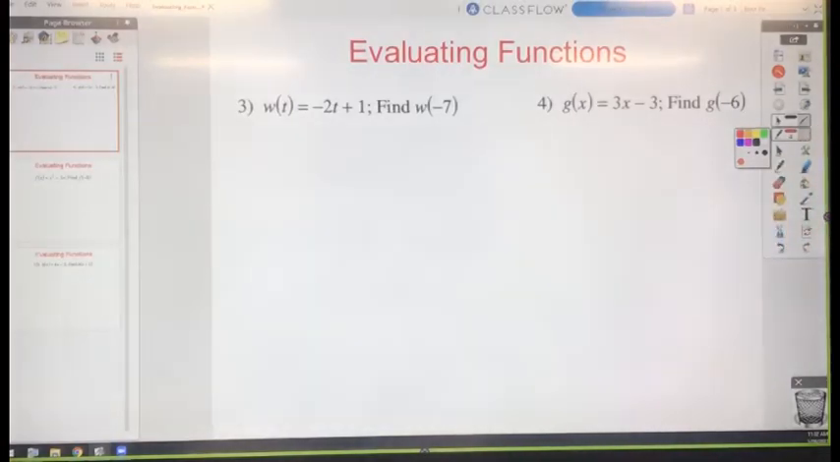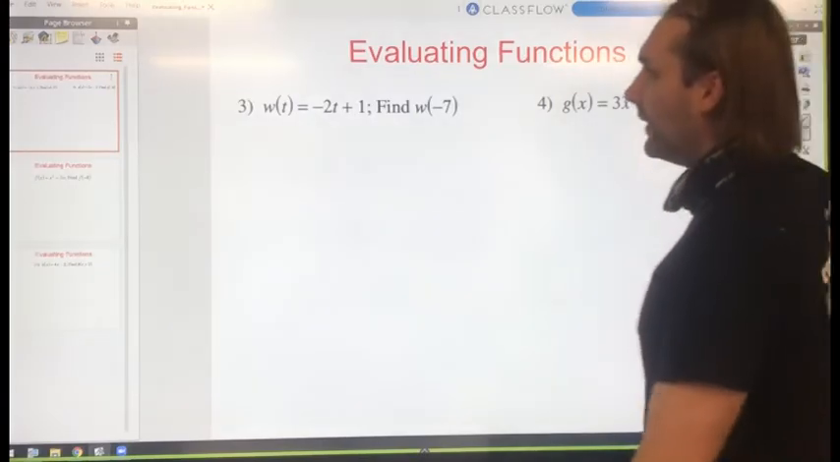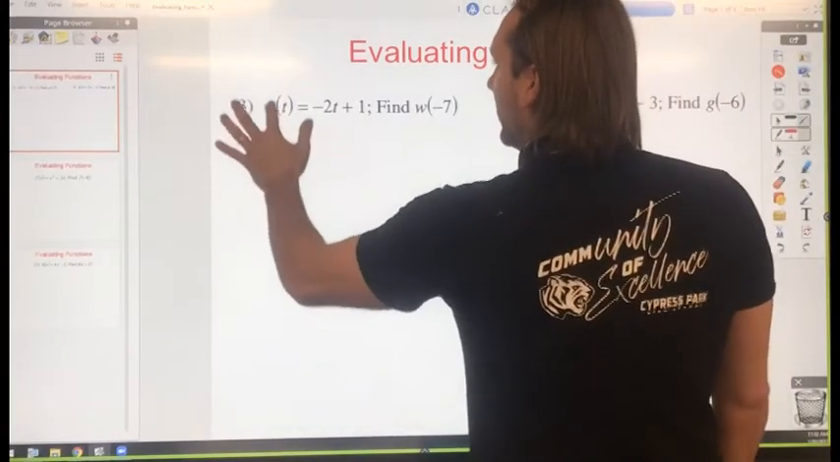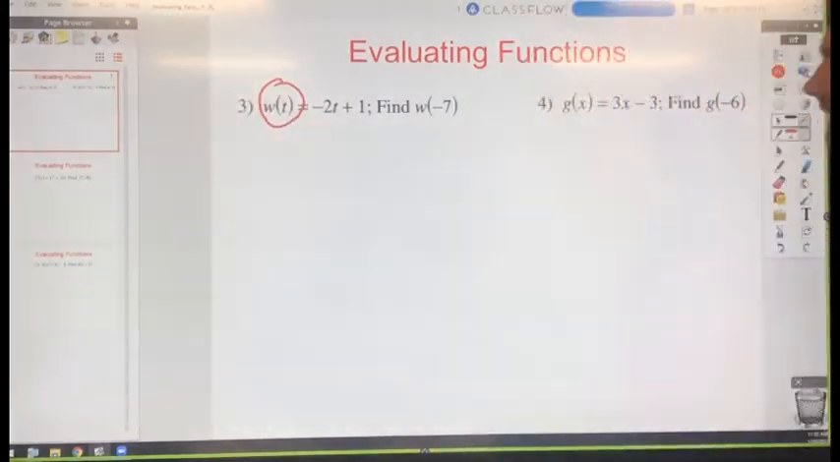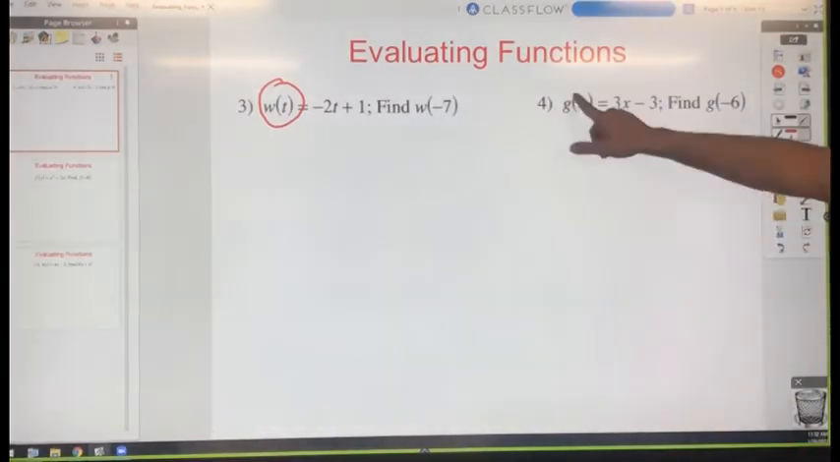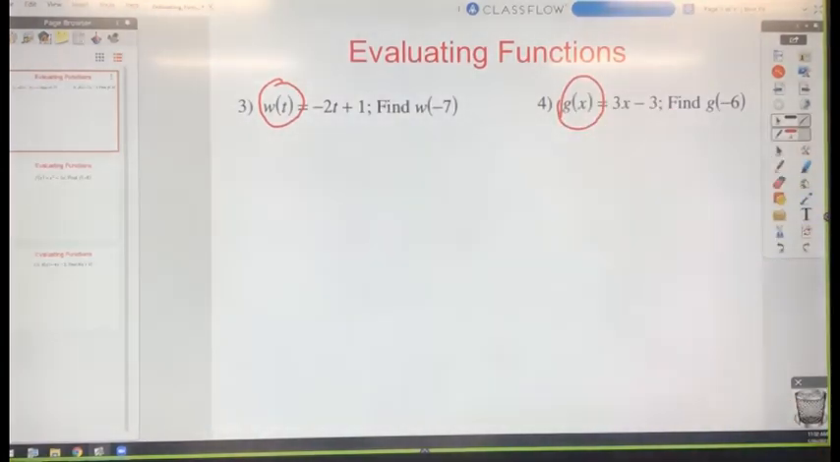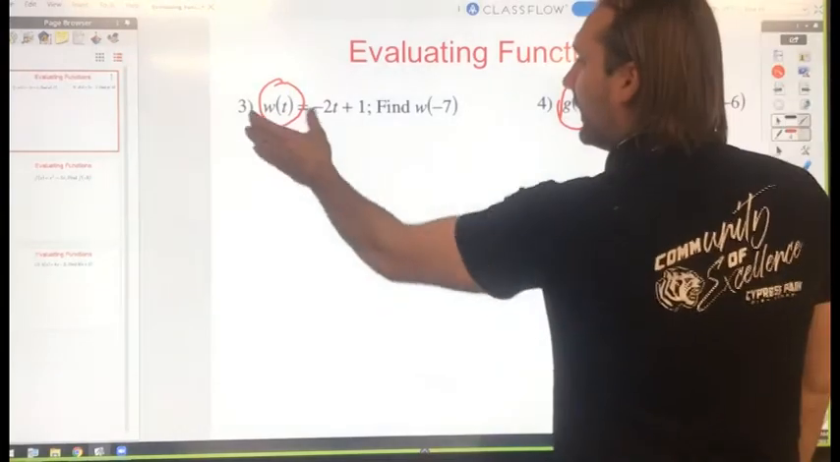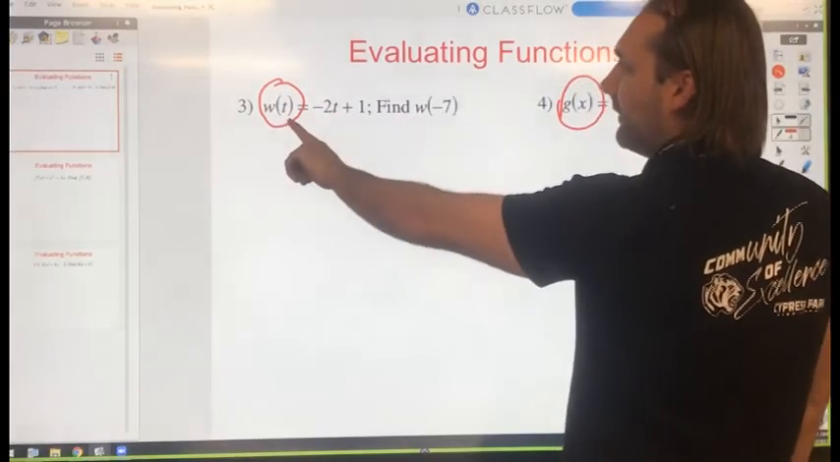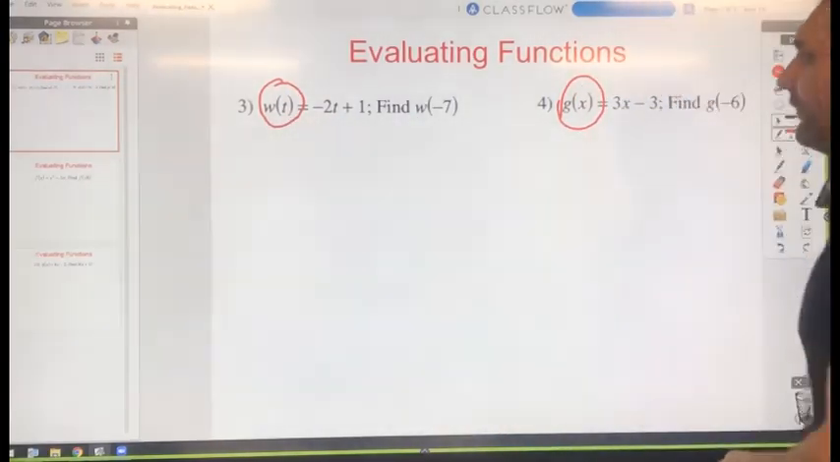Last thing we need to cover for the test is what's called evaluating the functions. As we saw last week, function notation is denoted by, in this case, w of t. We also have g of x, which means w is my function in terms of the variable t. And when I want to find something like